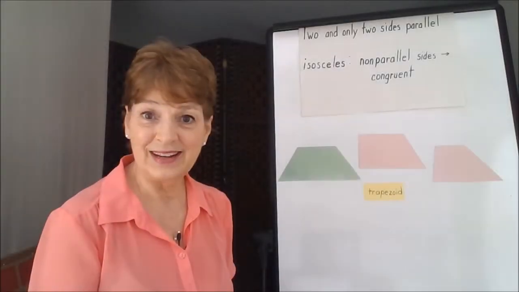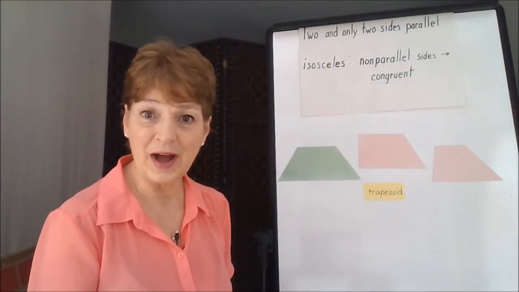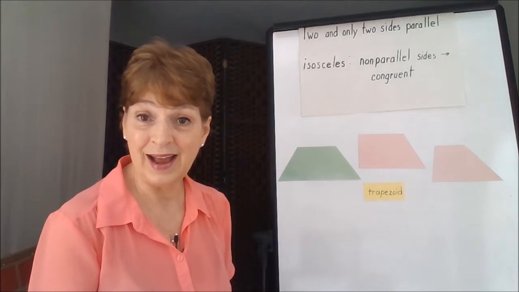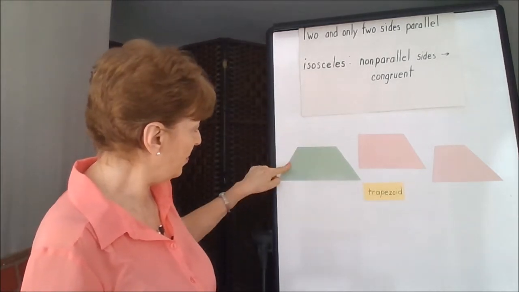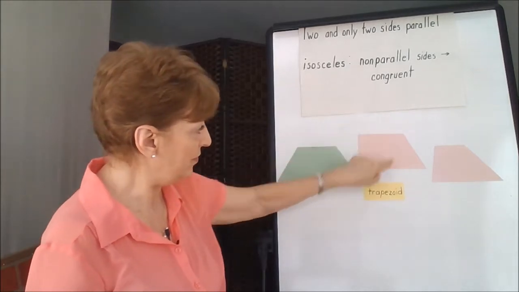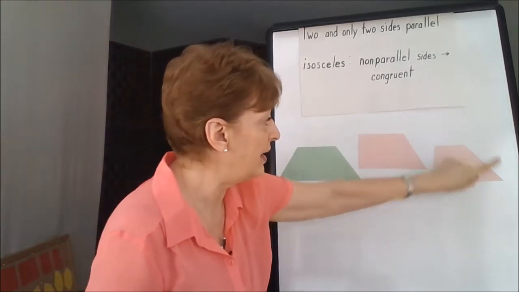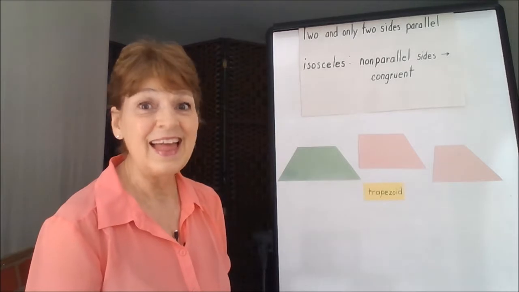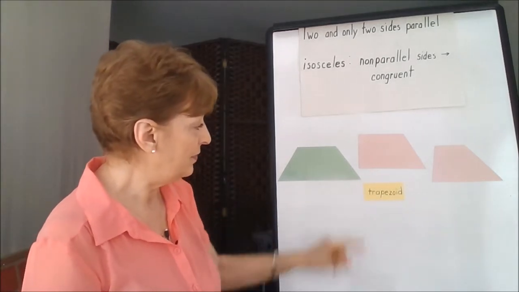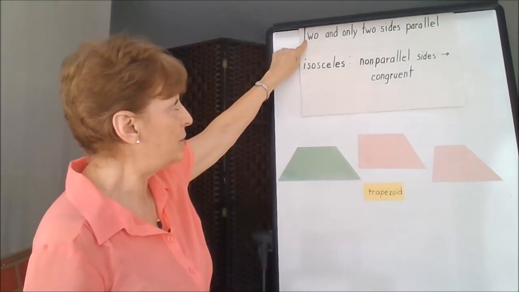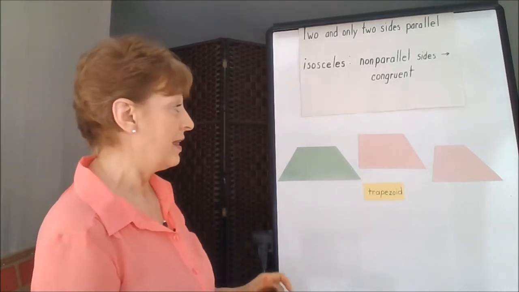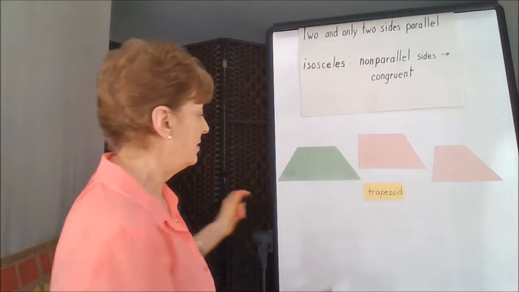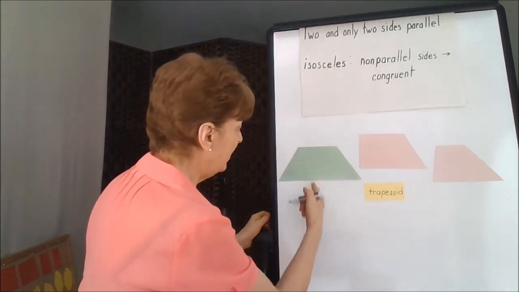The trapezoid is also a quadrilateral, meaning that it has 4 sides. 1, 2, 3, 4. The trapezoid has 2 and only 2 sides that are parallel. Those are called bases. So in this case, we have